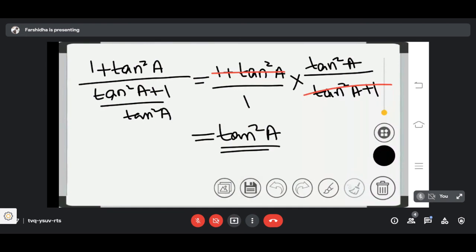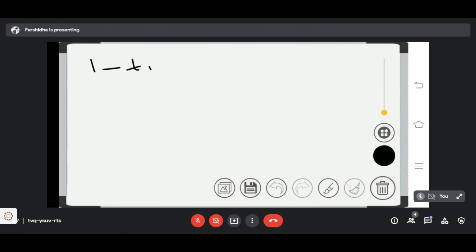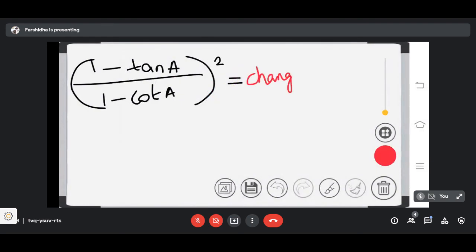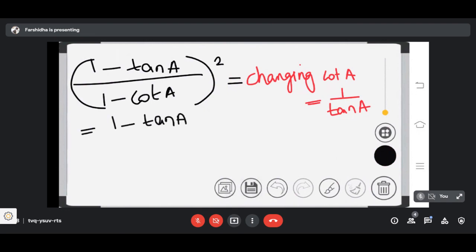Change cot A as 1 by tan A. Then write the next step, which is equal to (1 minus tan A) whole square. We can give the square to both numerator and denominator individually, divided by 1 minus cot A, which you can write as